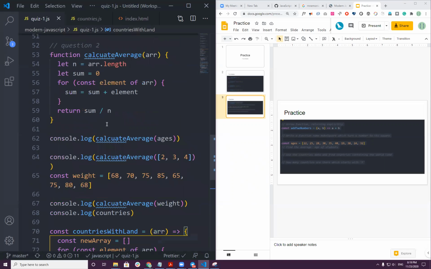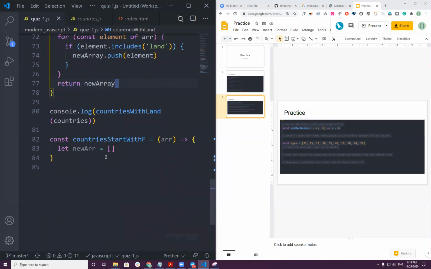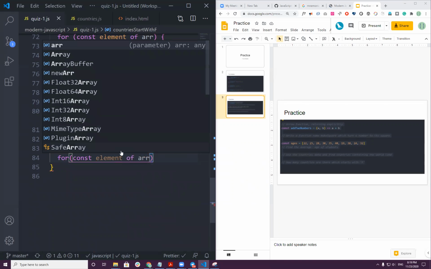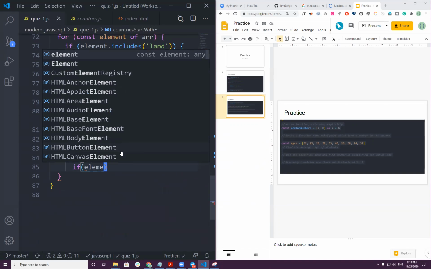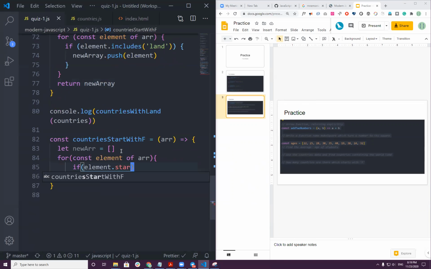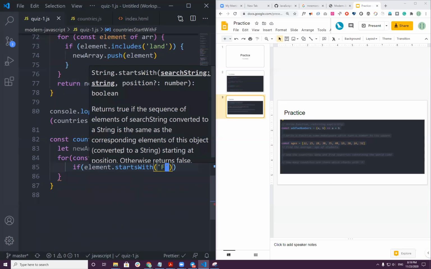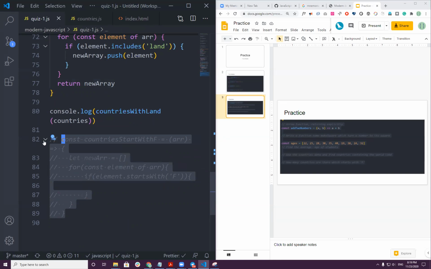Sometimes you may run out of names, this is good. So now again, new array, for const element of array. And then what we can do, if element dot startsWith F. Maybe I think I started making a function already, so it might be complicated for you to follow.